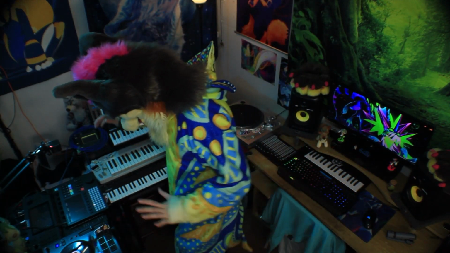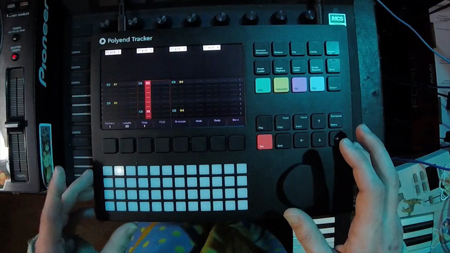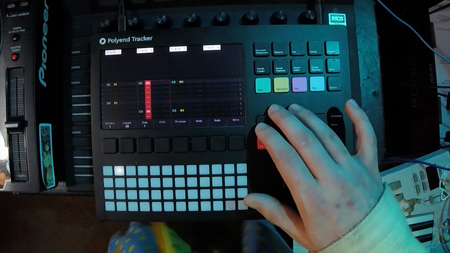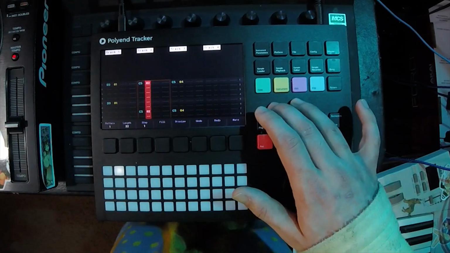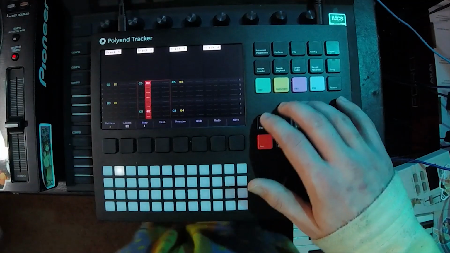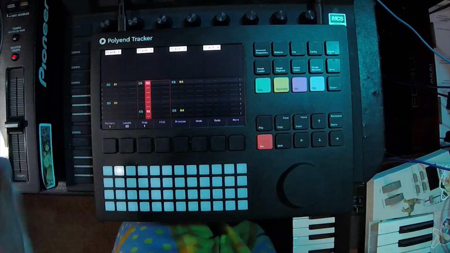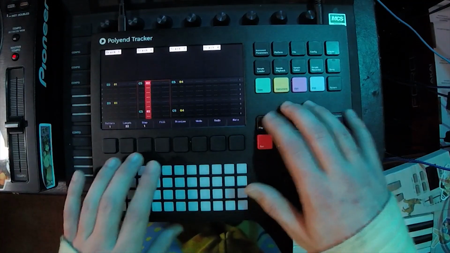Now, trackers aren't generally a performance piece, but this excels at that too. So one of the things you can do, and what I was doing to make the track you heard at the beginning of the video. And so here is the pattern I've made. So that's cool, but then I want to make it a little different. So let's